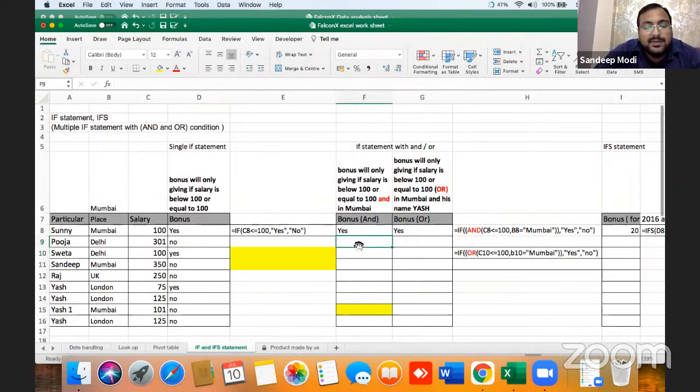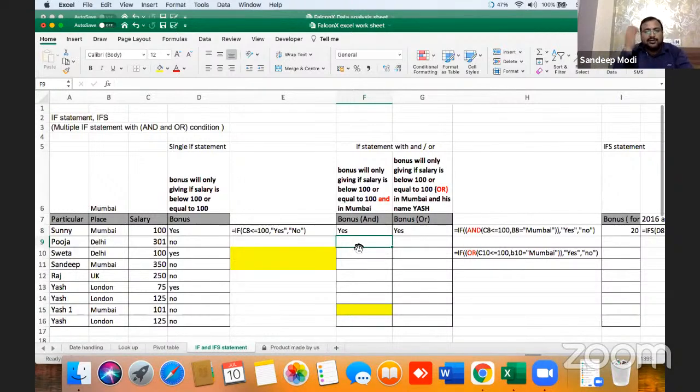Now let's come to the if condition with two conditions. Bonus will be given if the salary is below 100 or equal to 100 and the person is in Mumbai. So persons who are only in Mumbai and whose salary is 100 or less should get a bonus.